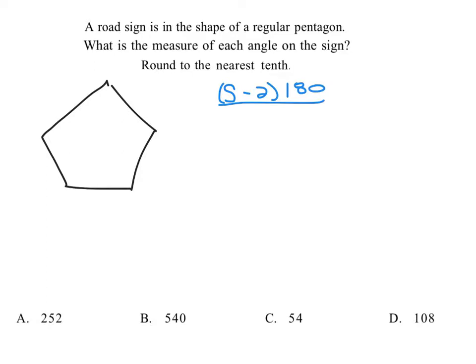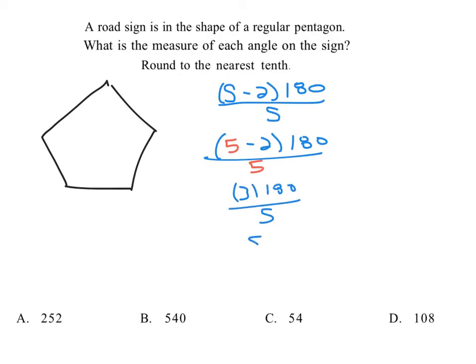And the number of angles and the number of sides are the same, so we're going to say divided by S. Looks like a 5, but it's an S. Okay. Now we actually have a pentagon, so ours is going to be 5 minus 2 times 180, all divided by 5. So what you get is 3 times 180